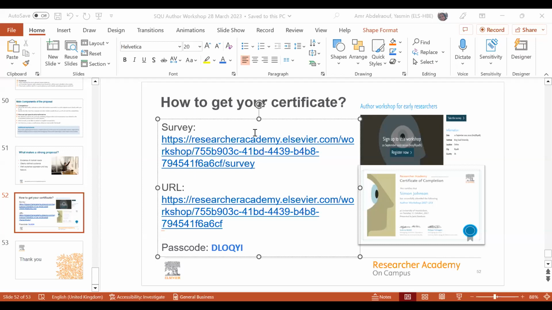One of the questions: how to find the top papers, and is reading the abstract enough? Of course, reading the abstract is enough, because the abstract should contain a summary of the paper and the conclusion of the paper. So the abstract can lead you to selecting the most important articles for your reading.